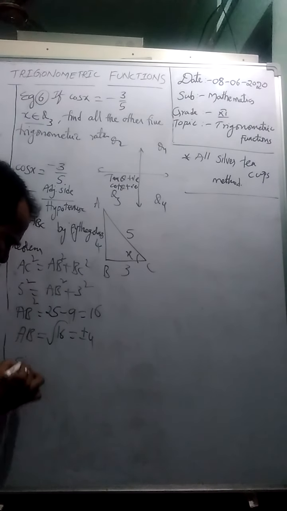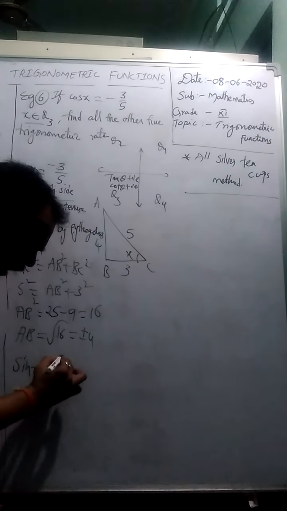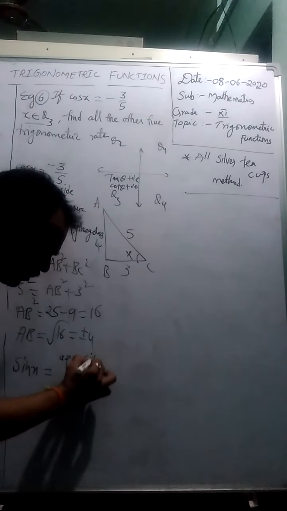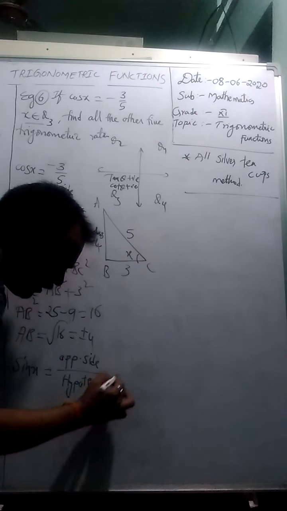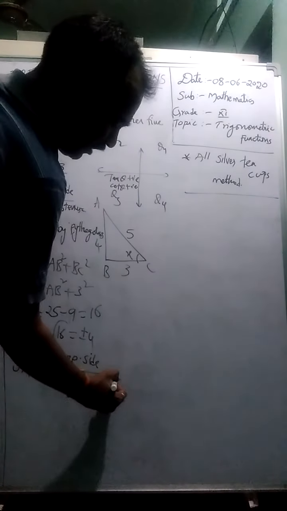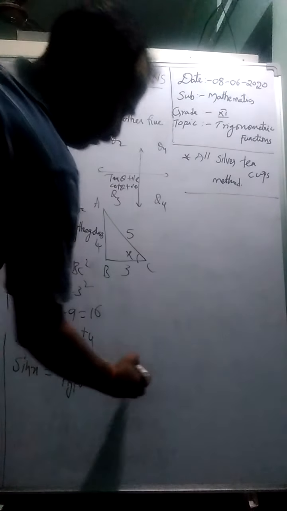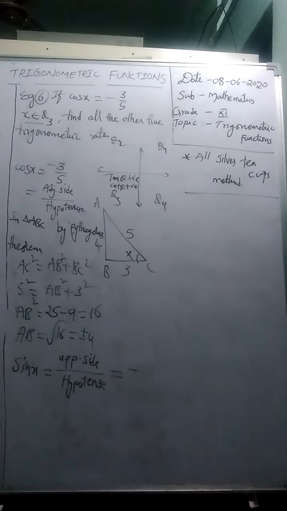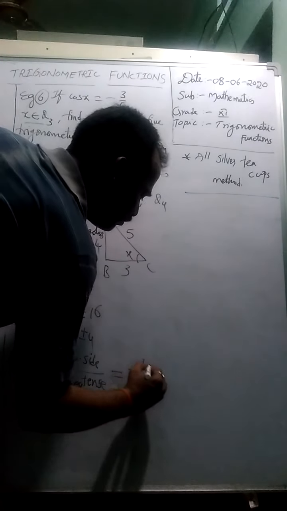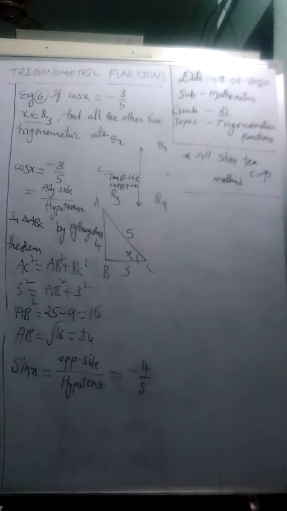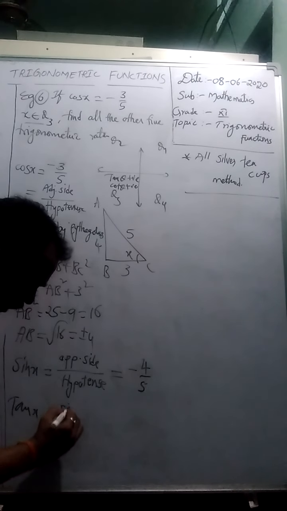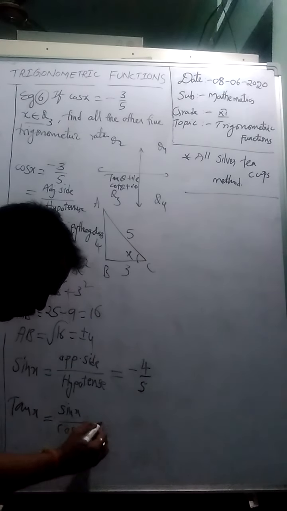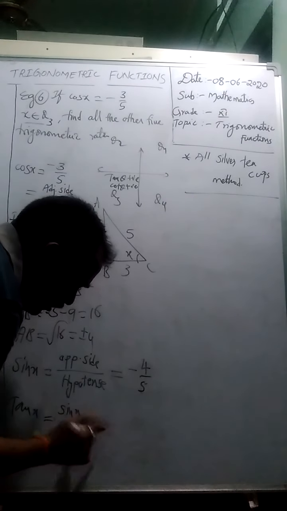Let us find the other trigonometric ratios. Sine is defined as the ratio between the opposite side and the hypotenuse. Once again I am repeating, students, you can use the other method also, by using identities, that is up to you. I am explaining an easy method to understand easily. Sine is negative in Q3, as we know, that is why we will take minus. Opposite side is 4, hypotenuse is 5. Now tan we can find in two ways: sin x by cos x, or opposite side by adjacent side, or else by using the identity, that is up to you.